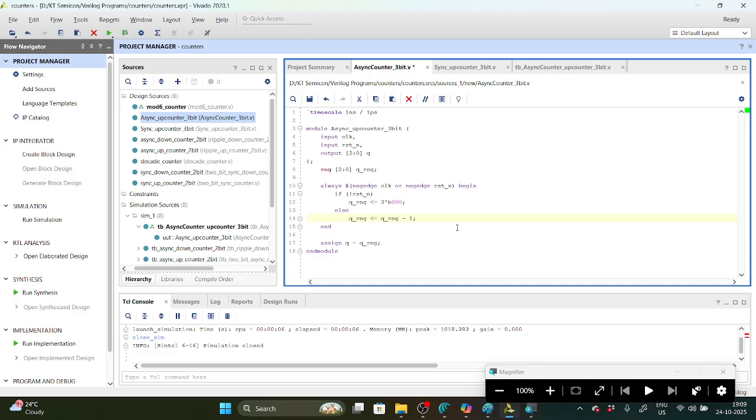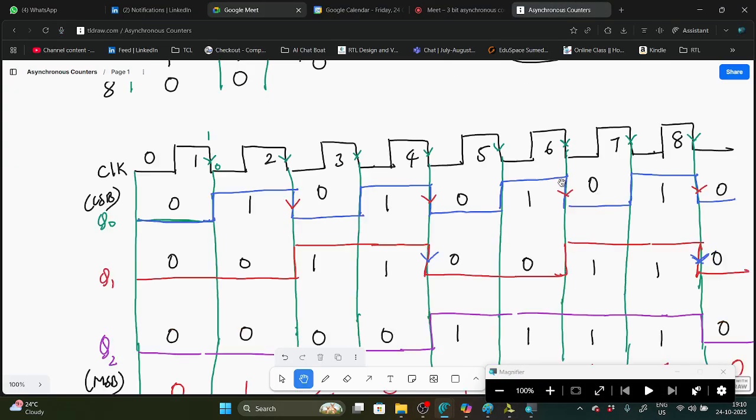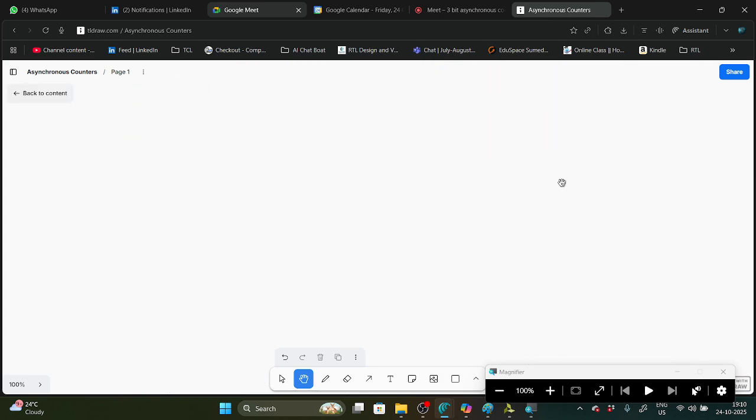Are there any doubts or queries based on this asynchronous 3-bit counter? What does the modulus of the counter actually mean? Can you explain once again, sir? Yes, the mod of the counter means, suppose